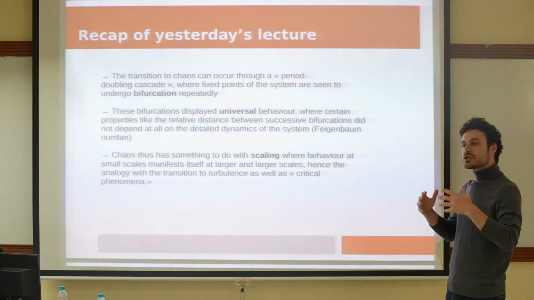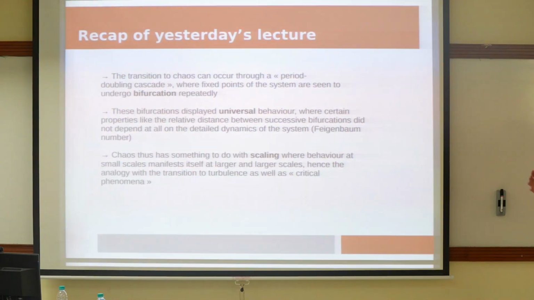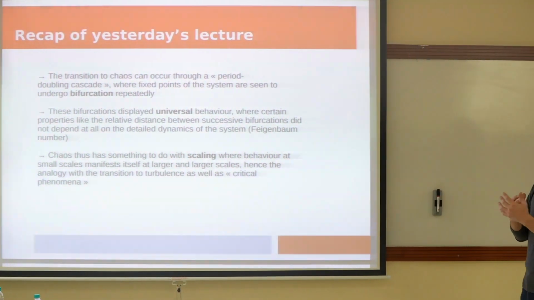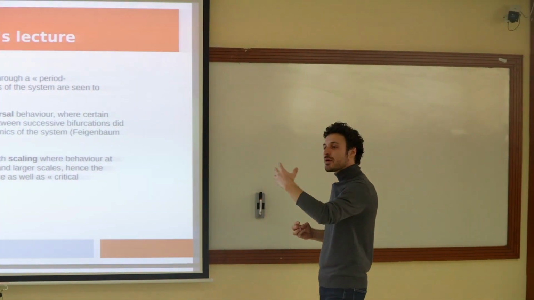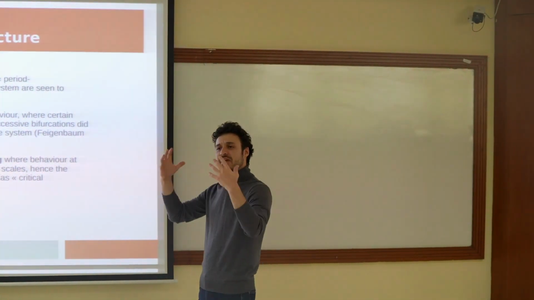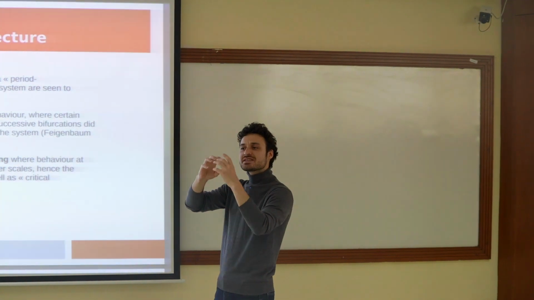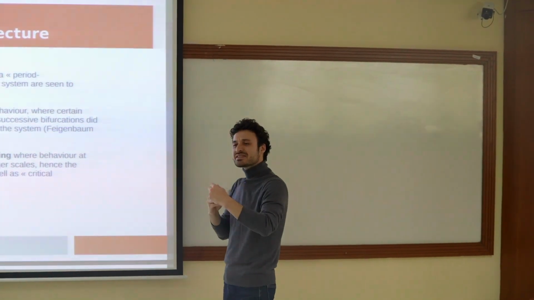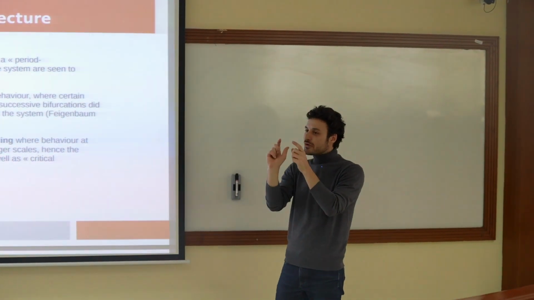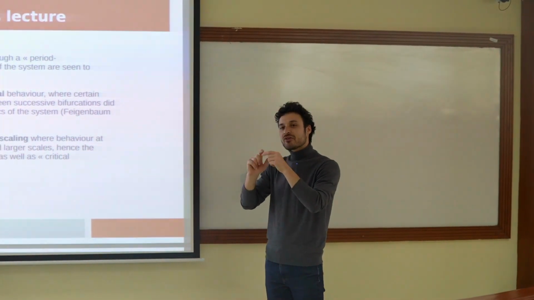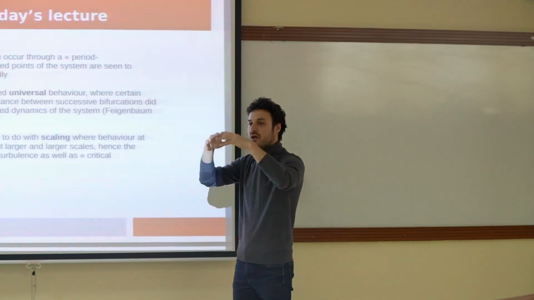We also briefly touched upon one of the deep roots of the transition to chaos, which is the notion of scaling. What we saw is that basically chaos occurs when small changes become large. And we saw a parallel with certain types of phase transitions, changes in the states of matter, where it was the same kind of broad idea: something happening on very small scales that suddenly starts having very dramatic effects on the larger scales.